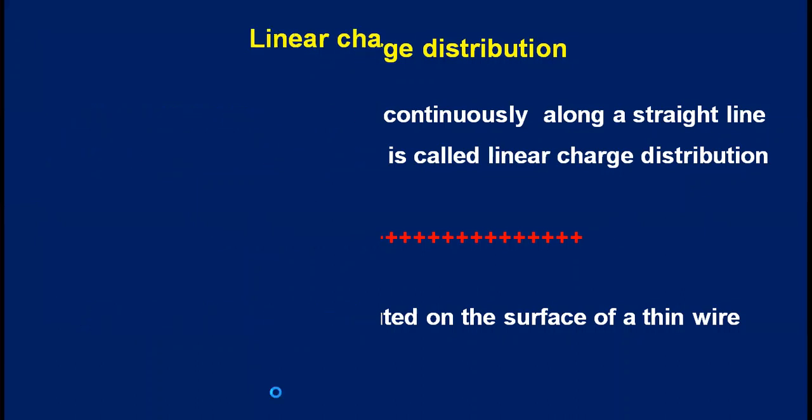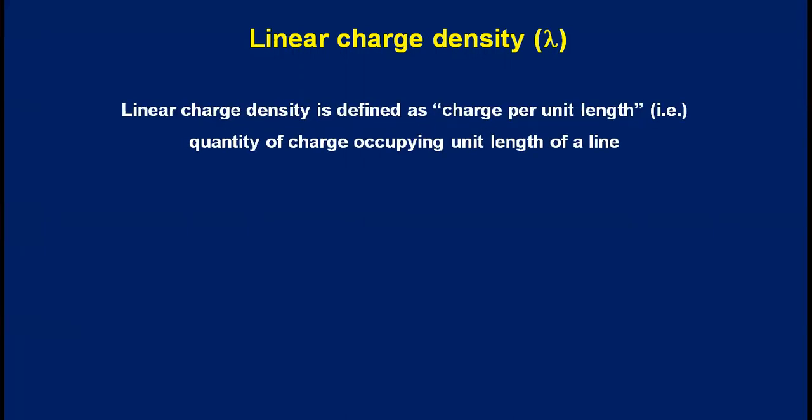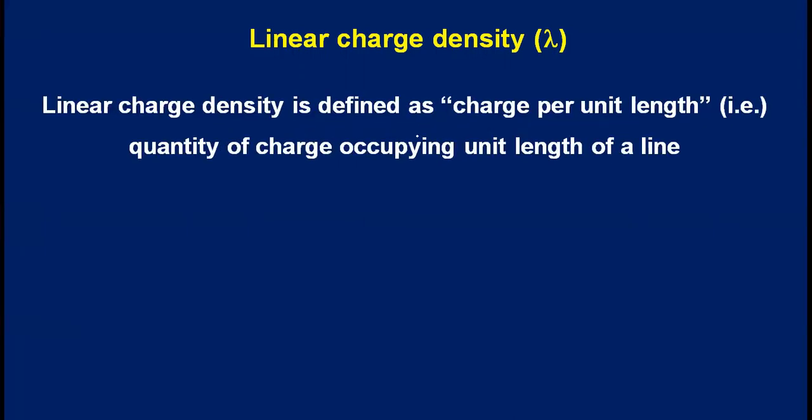Okay. Now, whenever we are dealing with linear charge distribution, you should be aware of a quantity, linear charge density, denoted by lambda. So what is this linear charge density? Linear charge density is defined as charge per unit length. That is, quantity of charge occupying 1 meter length of the line. 1 meter is otherwise called unit length. So the quantity of charge that occupies 1 meter length of the line, we call it as